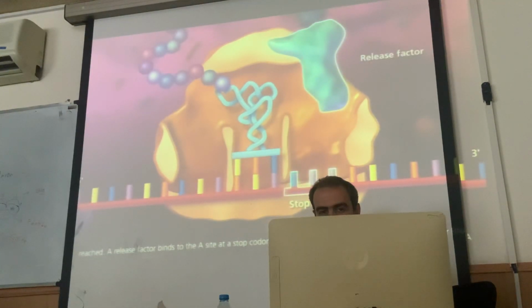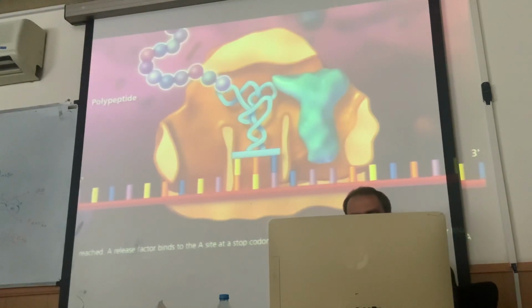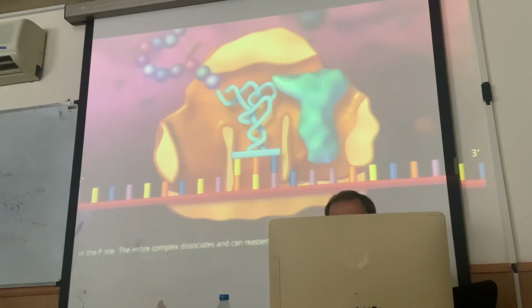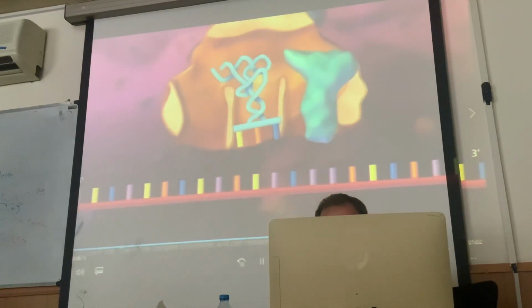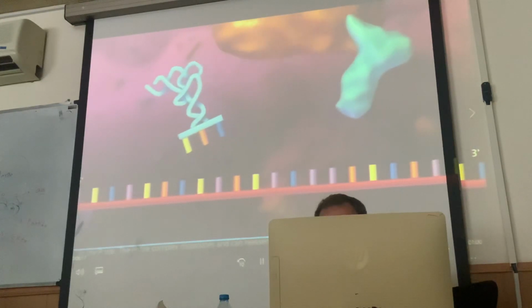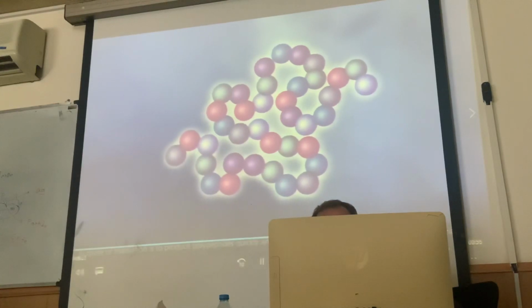A release factor binds to the A site at a stop codon, and the polypeptide is released from the transfer RNA in the P site. The entire complex dissociates and then reassembles to begin the process again at initiation. The purpose of translation is to produce